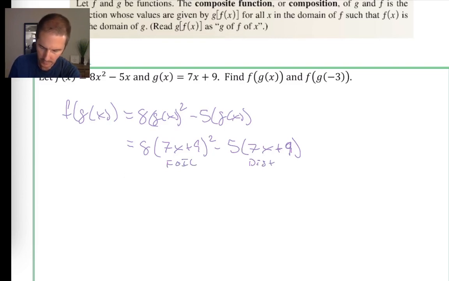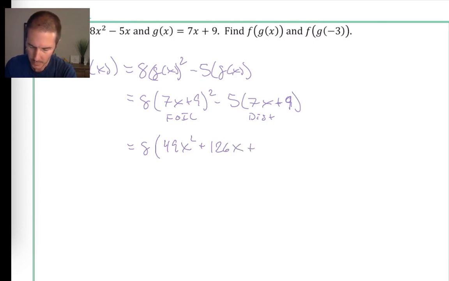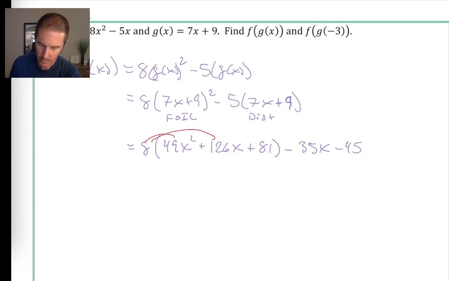The FOILing process, without actually doing the multiplication by 8, leaves us with 8 times 49x squared plus 63x plus 63x, which means plus 126x, plus 9 times 9, which is 81, minus 35x minus 45. Then you would need to distribute multiplication by 8,